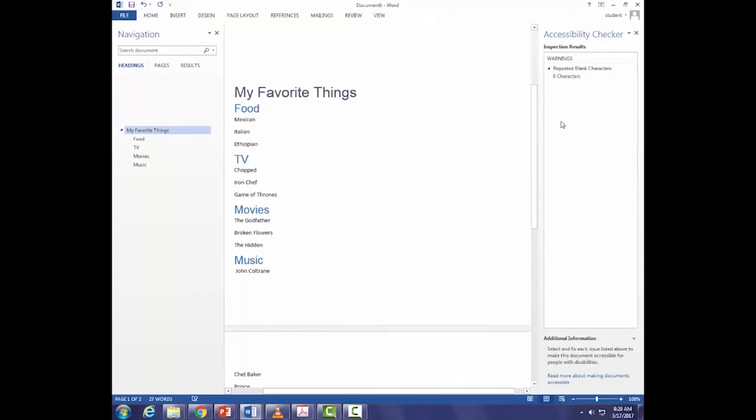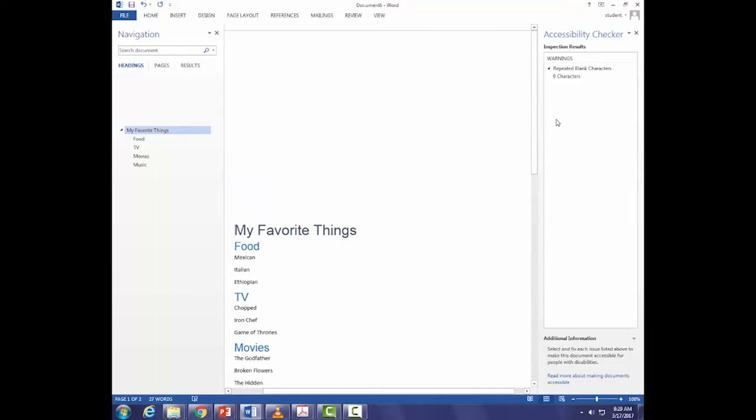And why you don't want to do this is, again, if I send this to Ed, he can't see it. So if he hears blank, blank, blank, that's the end of the document. He'll close it, go make a cup of coffee, or whatever he's doing. Right? He can't see it, so I don't ever want to do those blank characters like that.